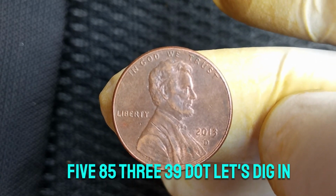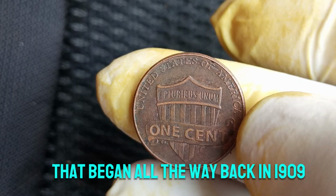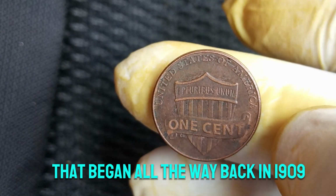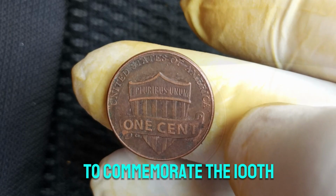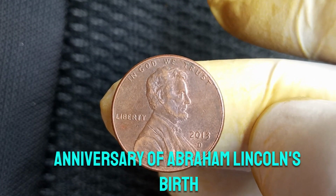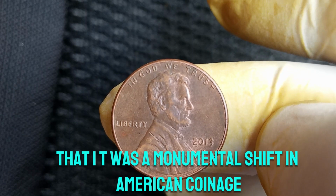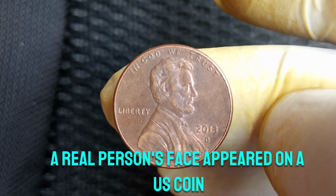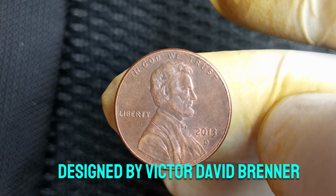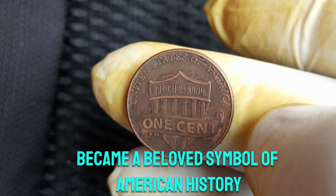Let's dig in. The 2013 D Lincoln cent is part of a legacy that began all the way back in 1909 when President Theodore Roosevelt commissioned the first Lincoln cent to commemorate the 100th anniversary of Abraham Lincoln's birth. It was a monumental shift in American coinage. For the first time, a real person's face appeared on a U.S. coin. Designed by Victor David Brenner, the Lincoln cent replaced the Indian Head penny and immediately became a beloved symbol